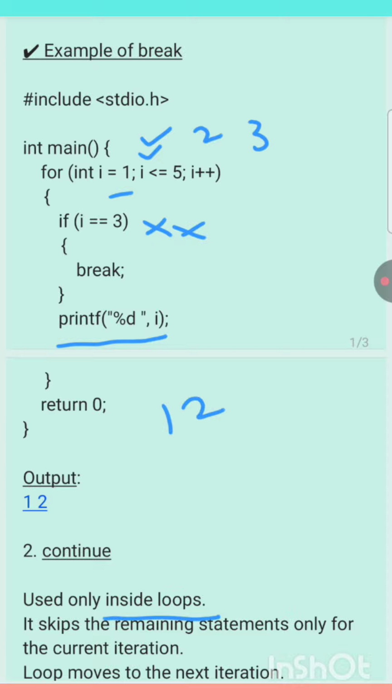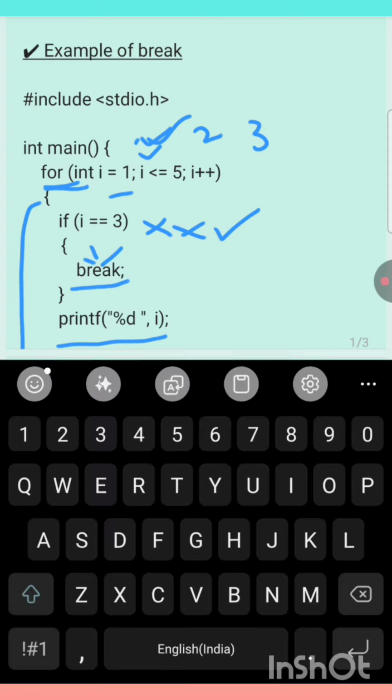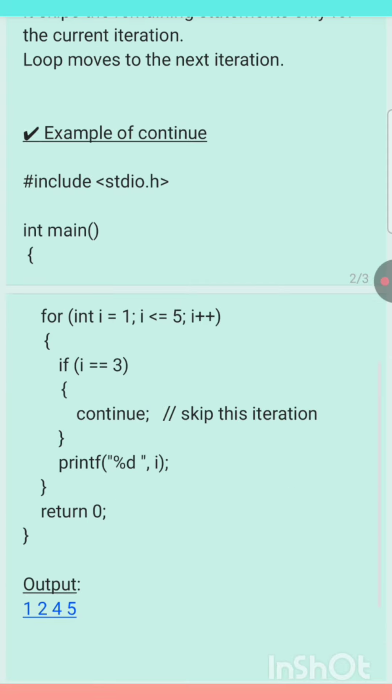So 3 less than or equal to 5, condition correct. And is 3 equal to 3? Yes, and it gets inside the if block and it executes break. On seeing the break, it exits from the nearest loop. What is the loop here? For loop. So it exits from the for loop and it comes to the end of the program. So your output is 1 and 2, whereas in continue it skips only the current iteration, which means